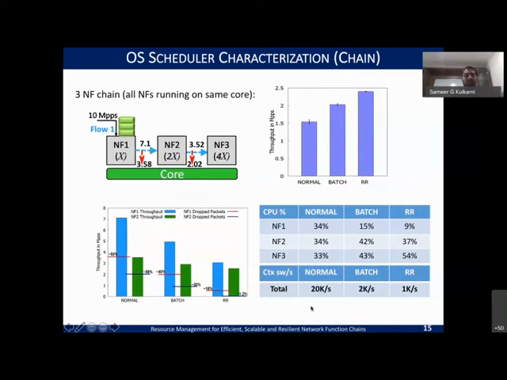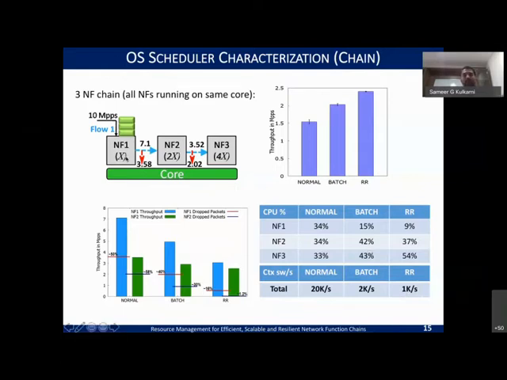So you can see here, the overall context switches that happened with normal were around 20 kilo context switches. So 20K context switches versus 1K context switches with round robin. Lesser context switches is better because you are not adding overheads for context switches. But context switching at the right time is also critical.